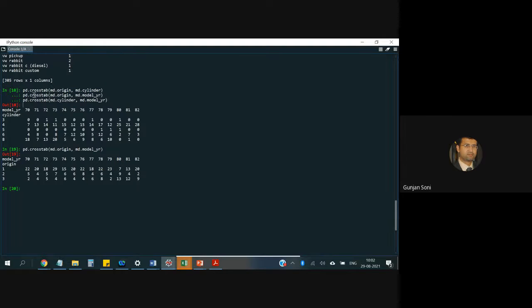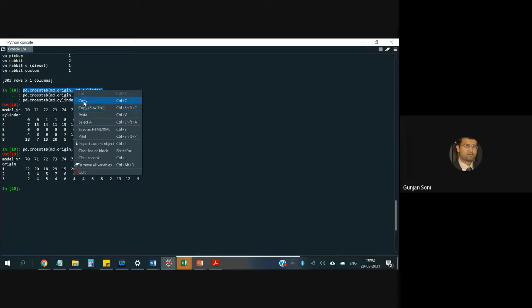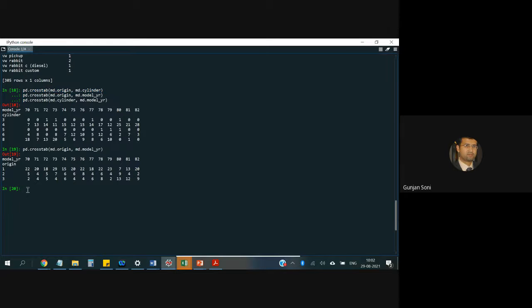We also would like to see if any particular plant produces a particular cylinder. So your origin says that, can you infer anything special from this?